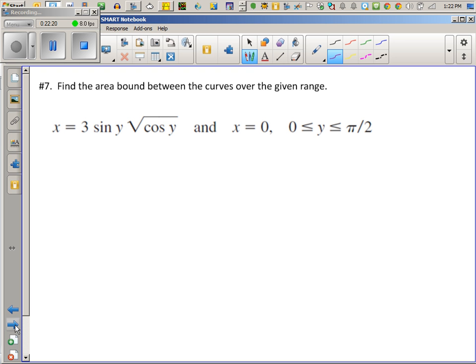So, what are you going to do with this? If you can't graph it, you can't find the limits of integration. If you can't find the limits of integration, you can't set up your integral. It's a problem. So what are you going to do? You're going to have to find a way to graph it. Fortunately,